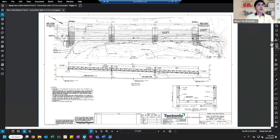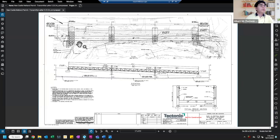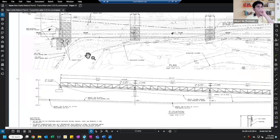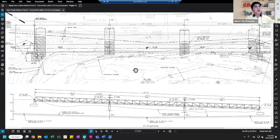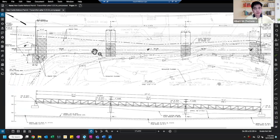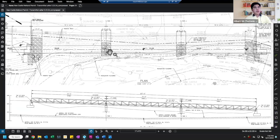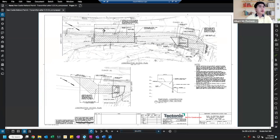And as far as the wetland related work goes, we don't propose any direct impact into the wetland limit, but we will have some excavation work within 100 feet of the wetland limit on the main bridge. And we have a summary table provided in the plan. Let me see, I believe it is maybe after that